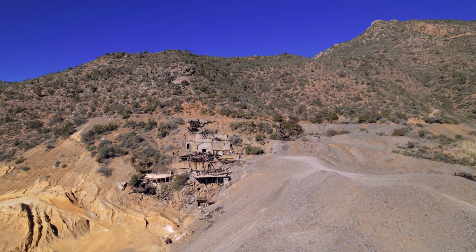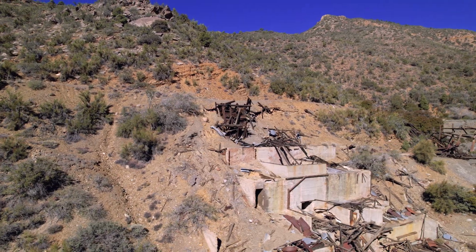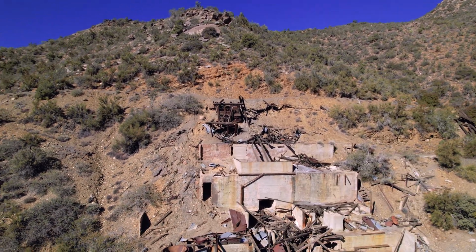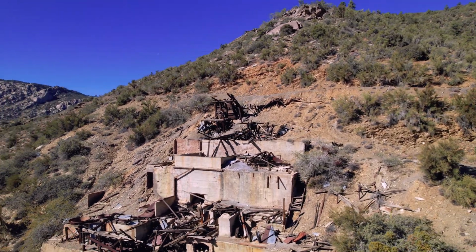What you're looking at here is a piece of American history. This is the Boriana Mine. The Boriana Mine pretty much helped us win World War I and World War II. It was the second largest producing tungsten mine in the country. They also found gold, silver, and copper here. The mine was in its heyday in the 1910s and then again in the 1930s, but by the late 40s